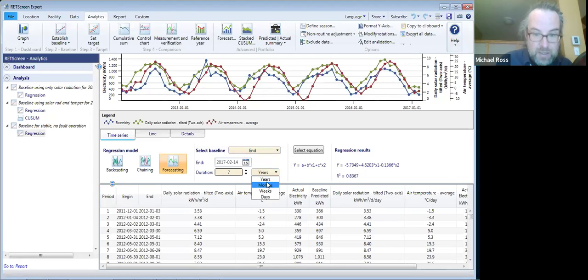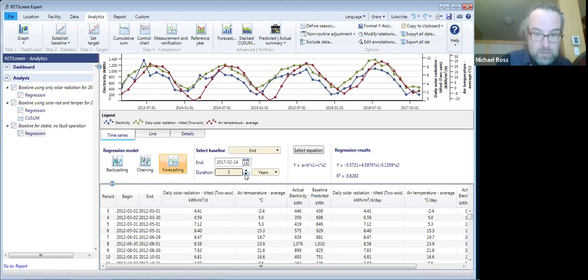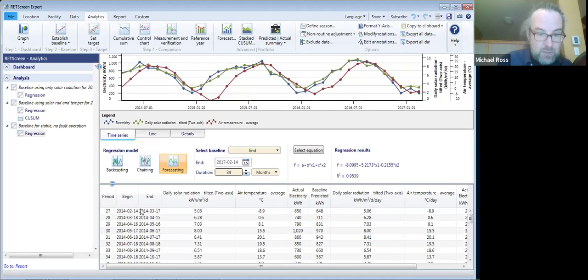And I'm going to take about, say, 3 years of data here. And if I look at that in terms of months, I see that I've got a little bit too much. It's about, say, 34 months. Takes me from March 18th, 2014 on to